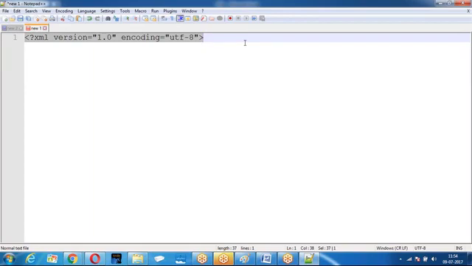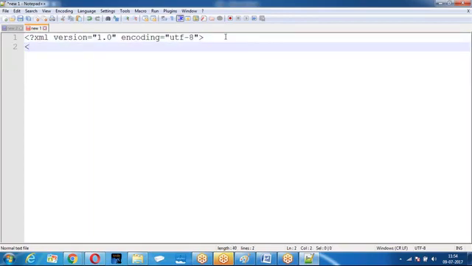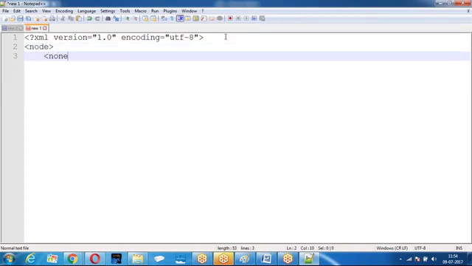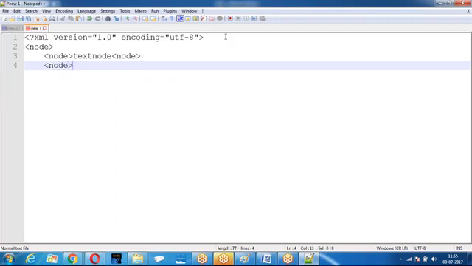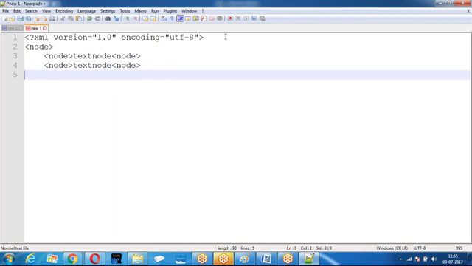Then in the XML, everything is represented in the form of elements, nodes.